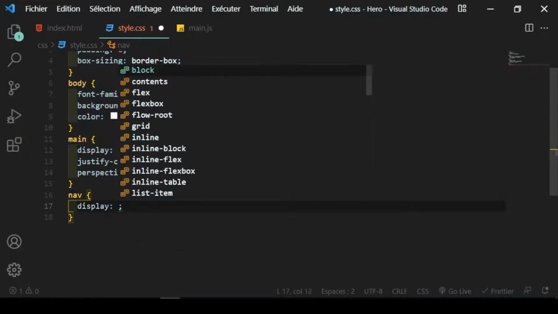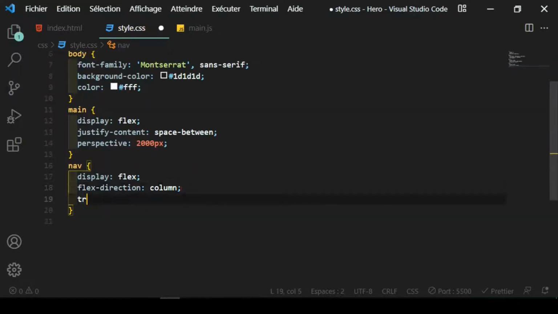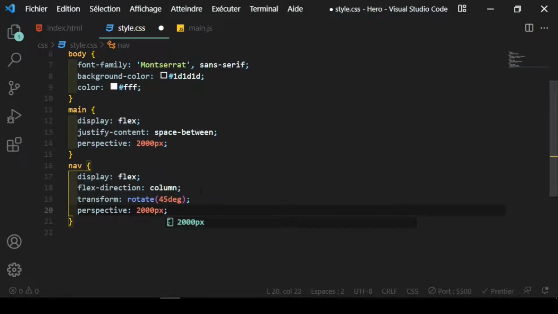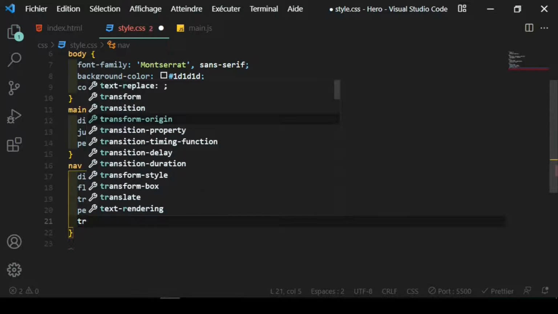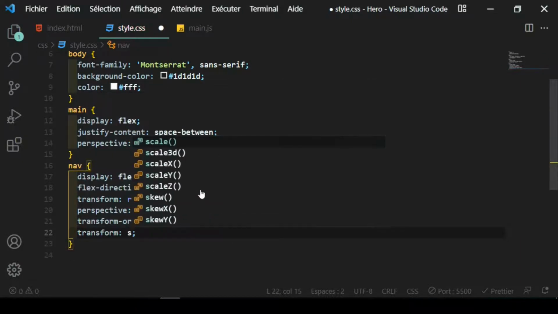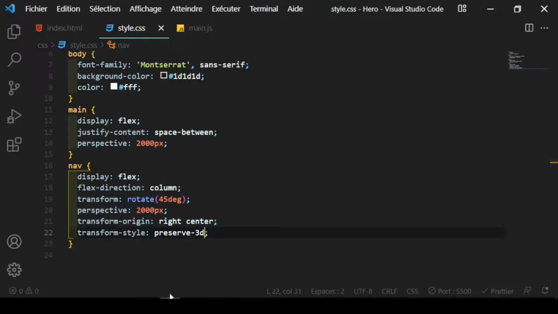and nav display flex and flex direction column and transform rotate y 45 degree to give it a 3D feel, and perspective 2000 pixels because we will animate its elements 3D animation, and transform origin right center, that's where the rotate should happen, and transform style preserve 3D to let it preserve the 3D rotate,